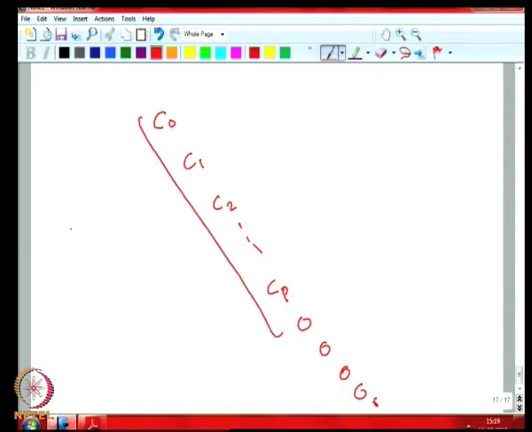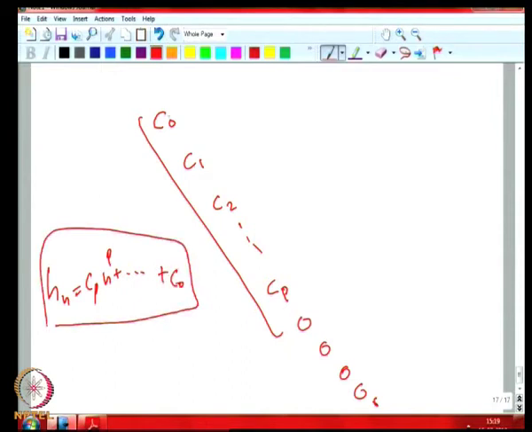Say for instance, if for my general term Hn was some polynomial of this form, that means pth degree polynomial, then these numbers C0, C1, C2, Cp may be non-zero, but beyond that all of them will be 0, right. But now suppose this one was 1 and all the others were zeros,